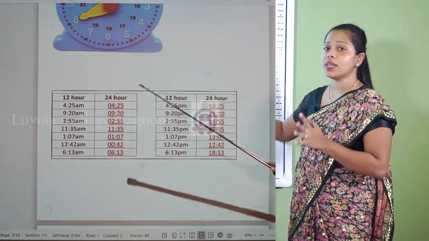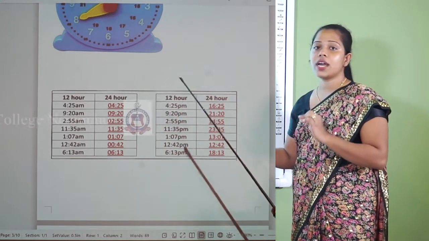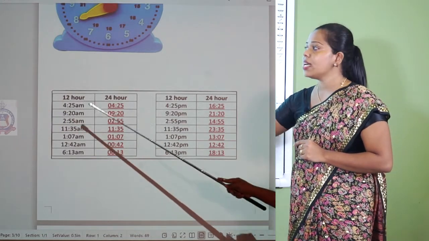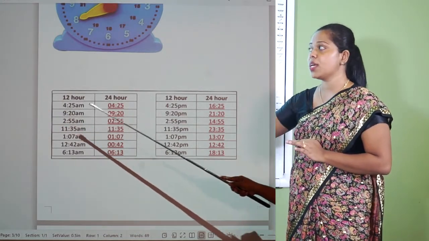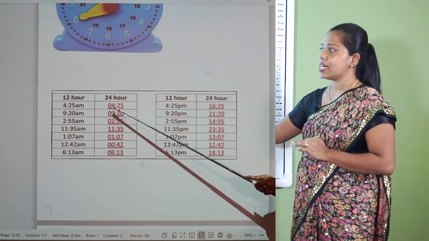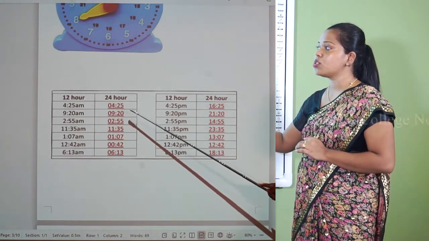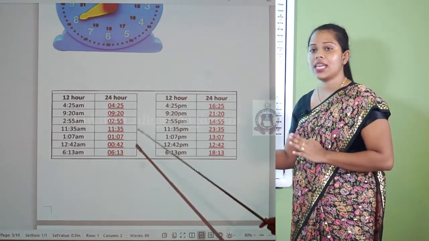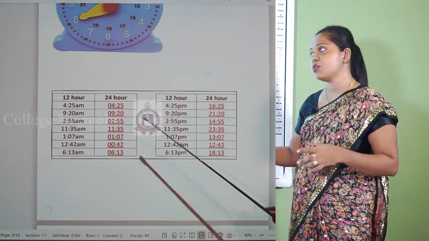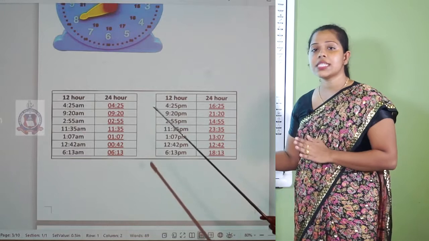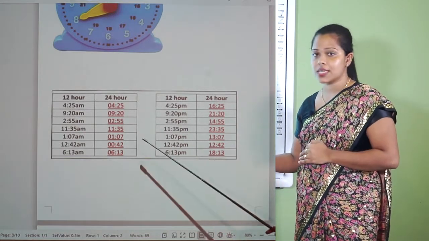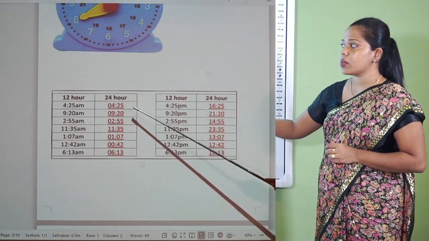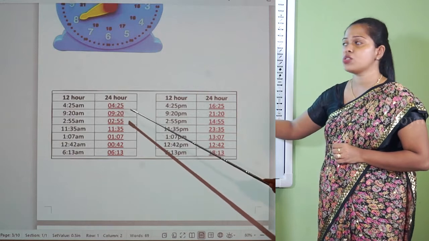I told you at the very first, when we are writing time using the digital clock time, 24-hour clock time, we must use 4 digits. Here they have given only 3 digits. So here I have written it as 04 double dot 25. But we are not writing hours or anything here. In the old syllabus we had to write hours, but in our new syllabus we are not supposed to write hours. So 4:25 AM in 24-hour clock time is 04 double dot 25.